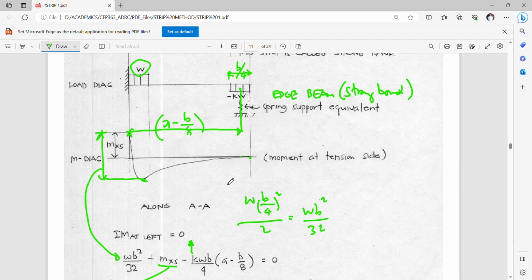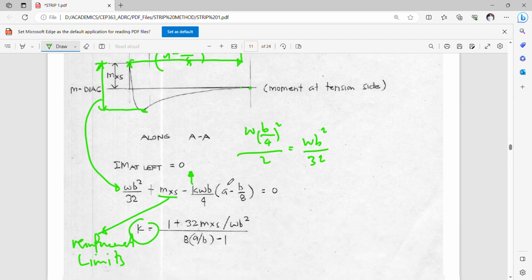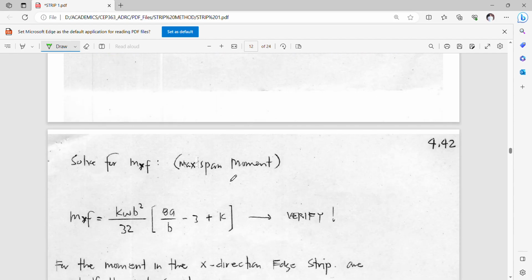You can plug this directly on a software, no? If you want to more or less make it much more comprehensive and get into the variations of the moment diagram. Okay, if we solve for the mx or the maximum moment or span moment mxf,